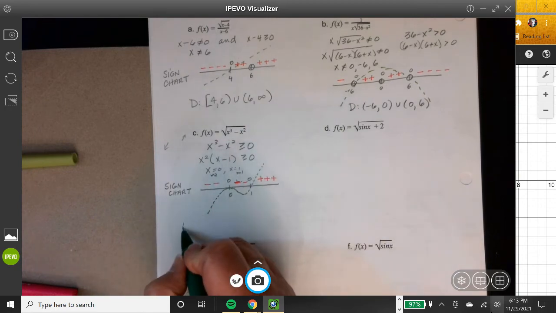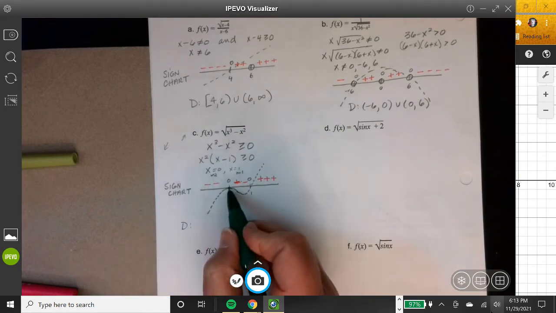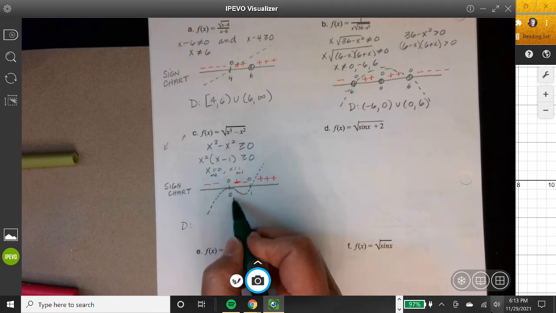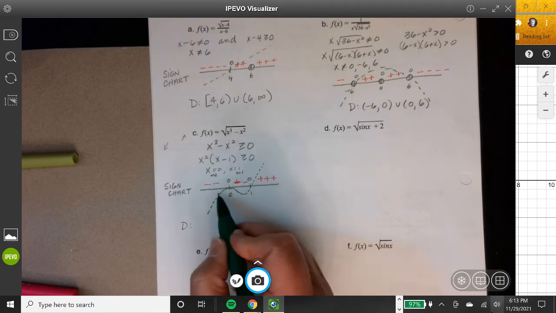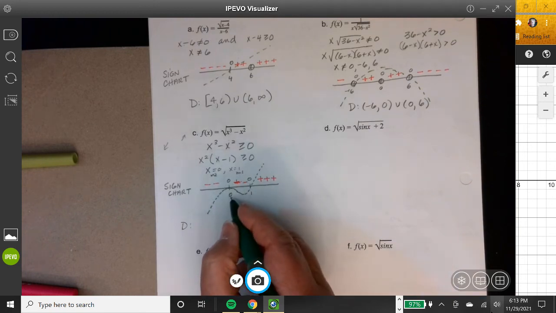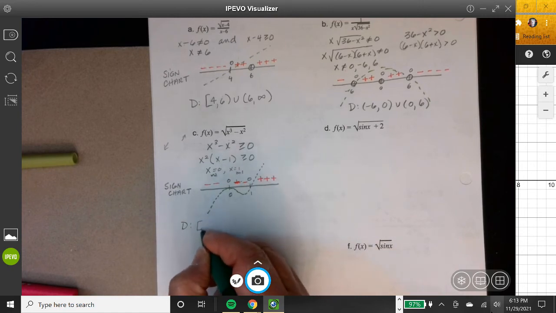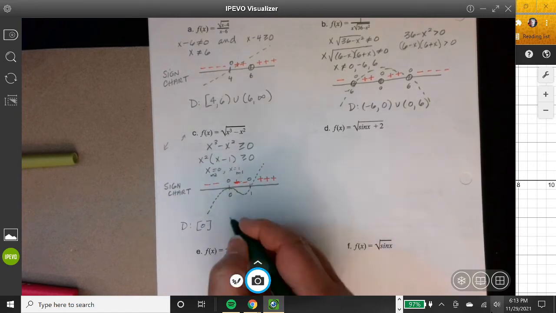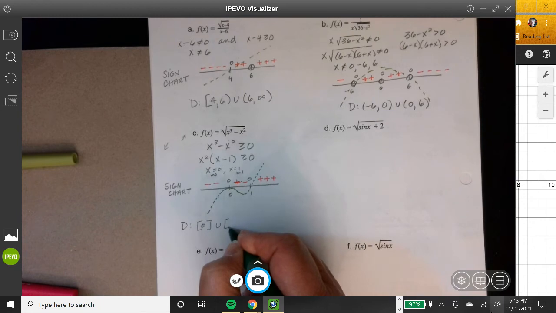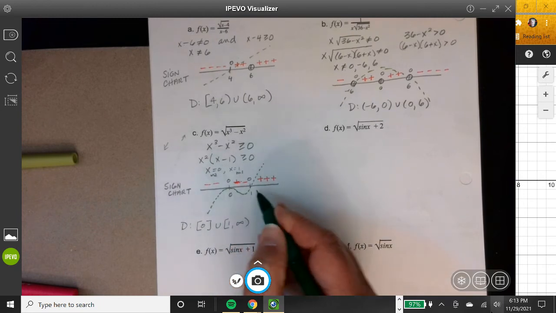So the domain here is going to be, if I read it off the chart, we have to be careful because I have a 0 here standing all alone in the middle of these negative signs. So how do you write a single value? Well, you put brackets around it. There it is, 0. Union with brackets 1 to infinity,